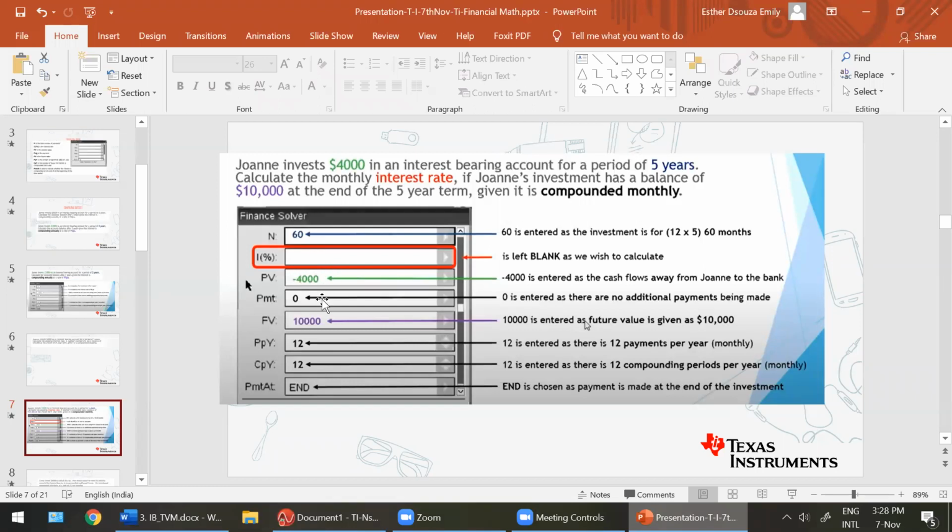PV, over here, read the question carefully and it says, Joanne invests $4,000 in an interest bearing account for a period of 5 years. So she's investing, so the cash flow is moving out of her hand, correct? Because it's going away. So it's negative. You must be alert to the sign over here, students. When is PV going to be negative? When is PV going to be positive? So if you are investing money into something, the money,